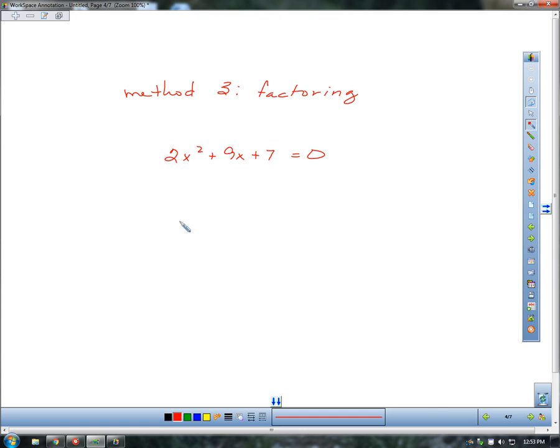Everybody's favorite, factoring. And yes, you will have to do one of each of these methods on the test, okay, by hand. So, first thing we do is multiply the first and last number, so that gives us 14. I have a positive sum, so I know I'm going to have a positive times a positive. What two numbers do I multiply to get 14? Well, 2 and 7 works pretty good. Does 2 plus 7 equal 9? Then we're good. So I'm going to have x plus 2